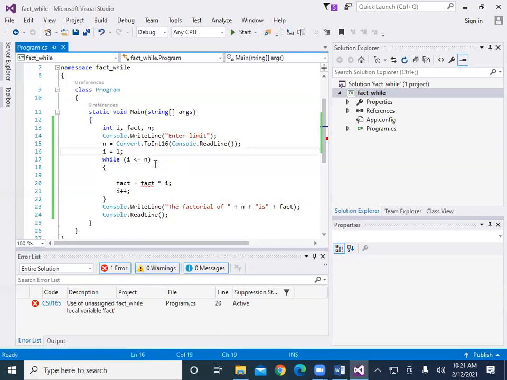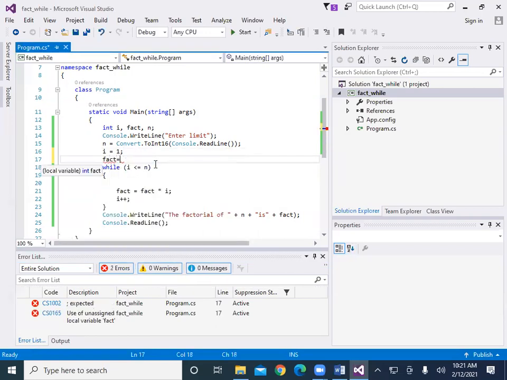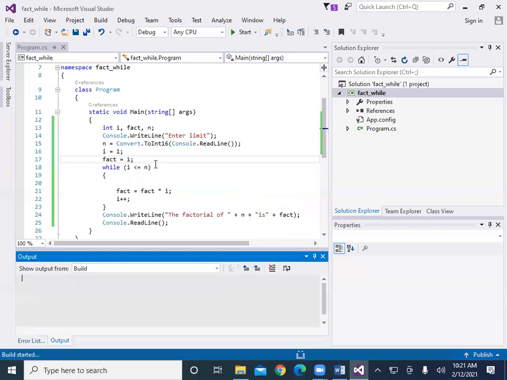So here we have to assign fact also. Fact is equal to 1 and then run the program.